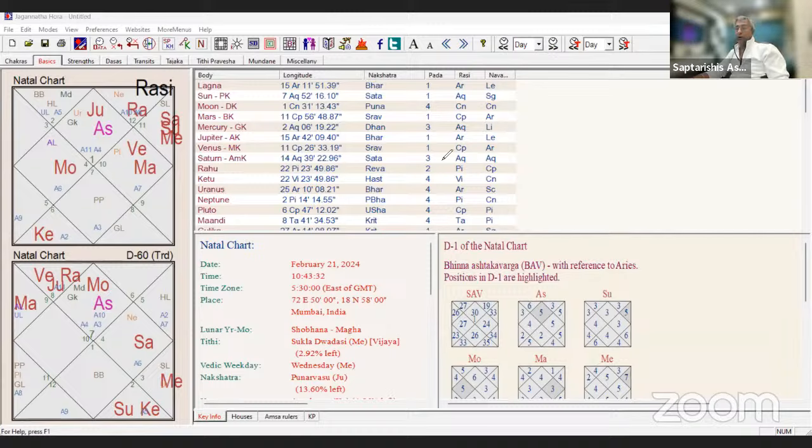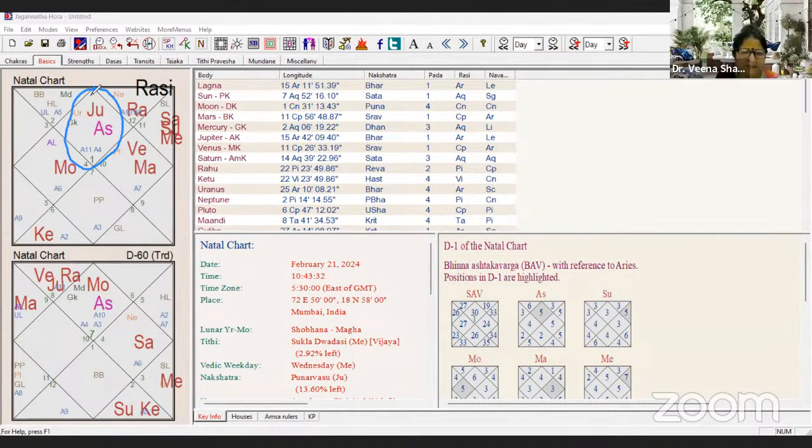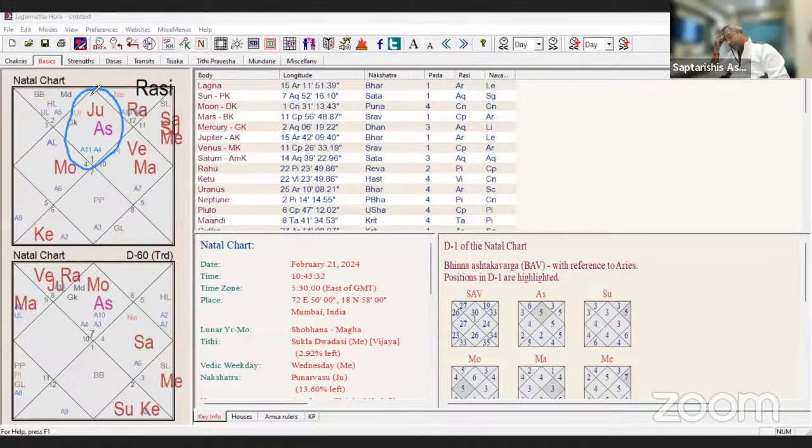Okay, this Jupiter should be in Lagna. Yes, sir. His Jupiter is in Lagna, sir. Pisces is his Lagna, sir. Dr. Veena, what am I saying? I am asking you to construct a Muhurat. In that Muhurat, in India, in Bombay, Jupiter in Lagna as of now is coming at 10:43.